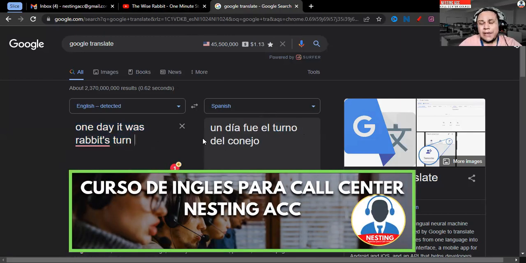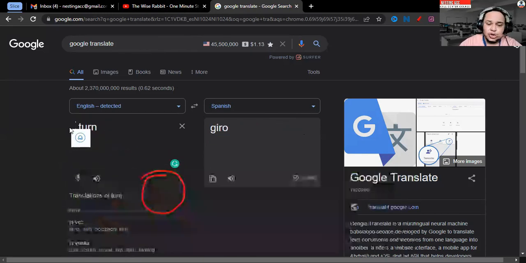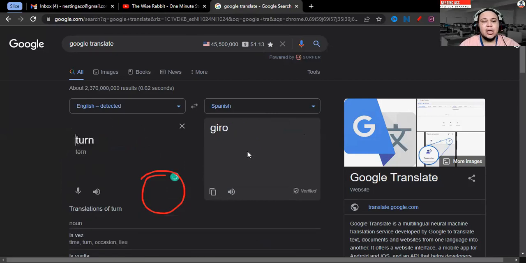Alrighty. So what is the main reason why we're doing this? Because if we only type down turn, you will see that turn, it means another thing. And when you are translating from Spanish to English and trying to understand the whole story, you are not going to understand what the word turn means in this scenario. So that will be awesome. Instead of just looking up the word itself, you need to translate the whole sentence in order for you to have a better idea what the story is about.